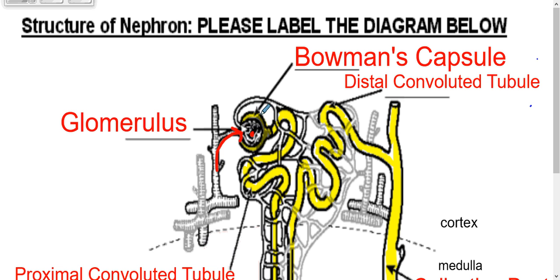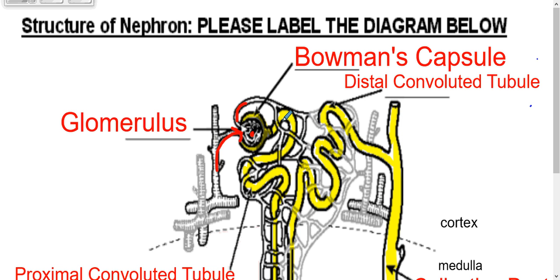Anything that's small enough will be kind of pressure filtered, again, like your finger on the end of a hose, into this cup called that Bowman's capsule. Things that are too large, like proteins and blood cells, so white blood cells, red blood cells, that sort of thing, will go via the efferent arteriole, and it'll end up in this capillary network that surrounds